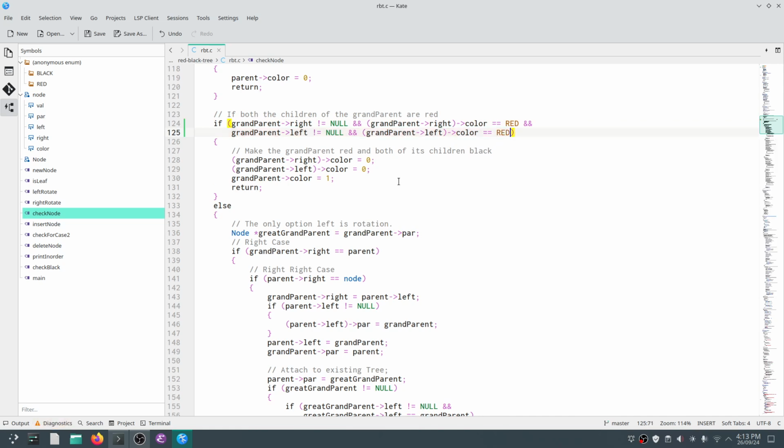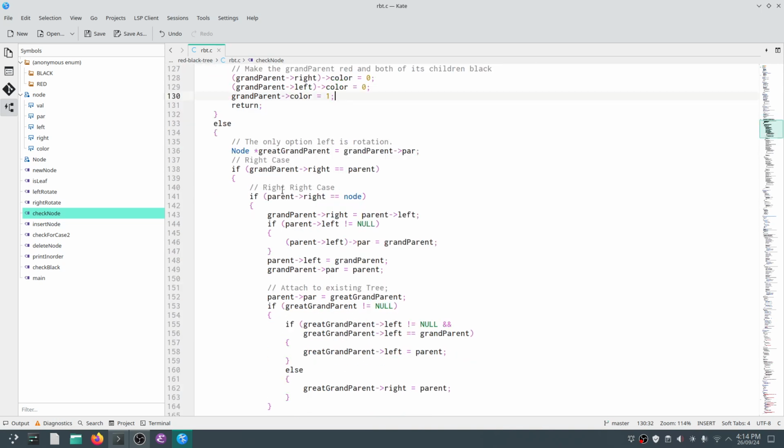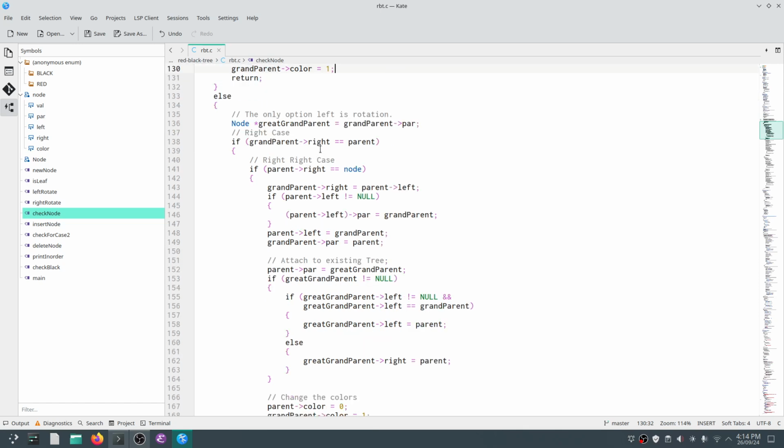Okay. So if this is the case, we make the color black and grandparent color red and we return. Now, if this is not the case, then what we do is we find great grandparent,